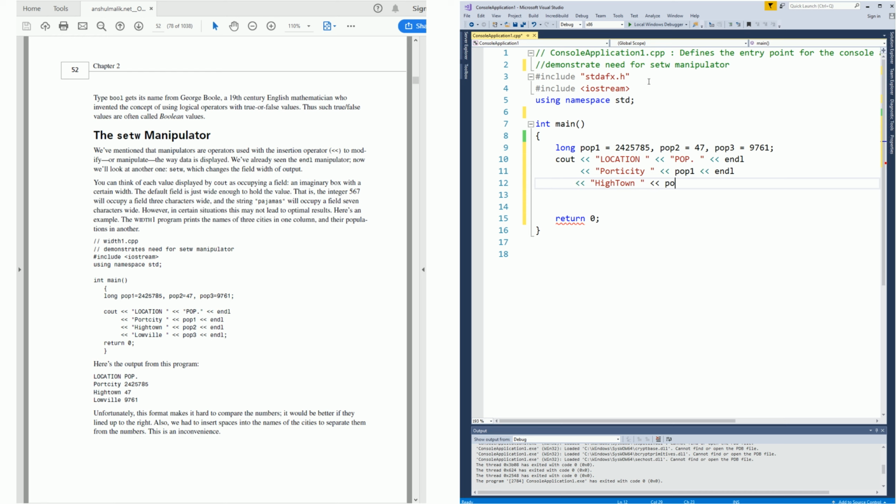We'll pass in pop2, endl, and then this will be Lowville. We'll pass in pop3, and then we'll endl, and then return 0. So if we were to build and run this,